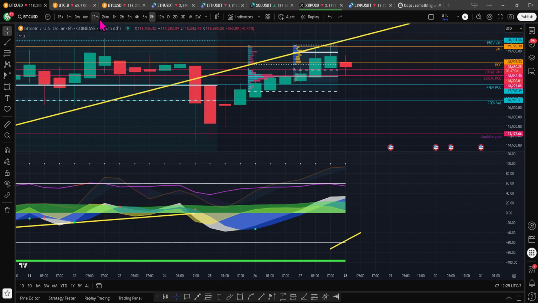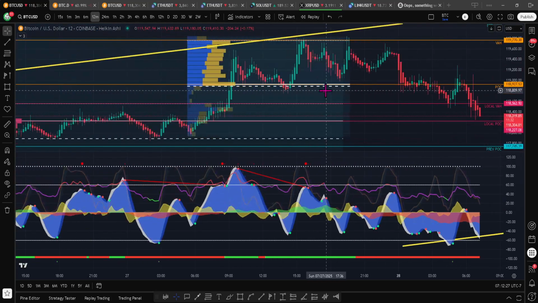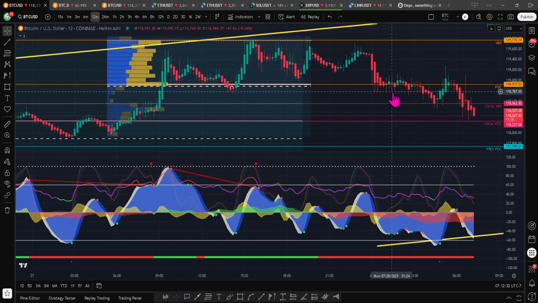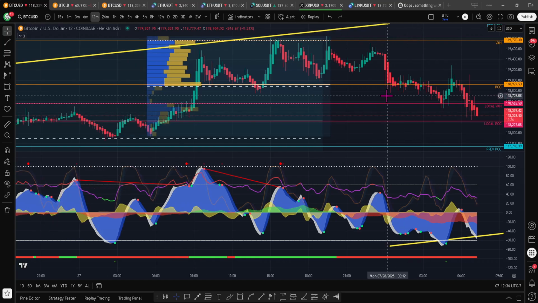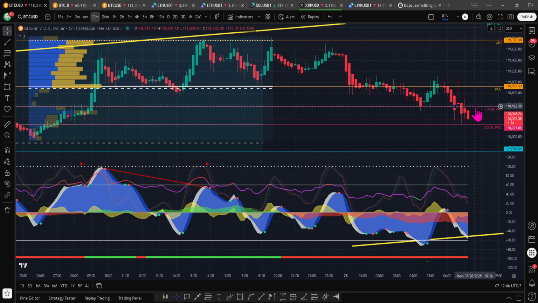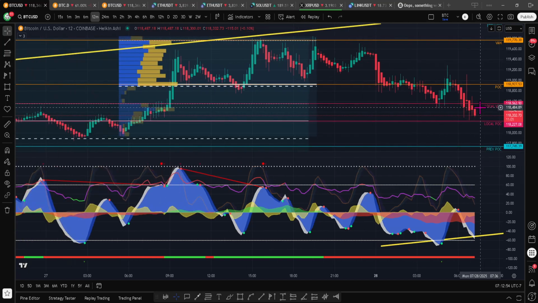You would have wanted to come into the 12 minute, identify this previous level as a potential area for a bounce level, and you would have had to set a limit order around 118,250. You would have got a nice little bounce, and you would have then set a limit order for 118,500, front run it 550, 540, and you would have made a little bit of profit off of it. But ultimately, it looks like